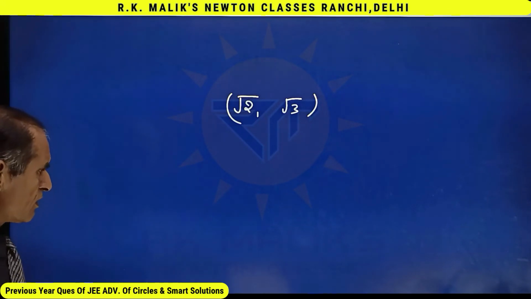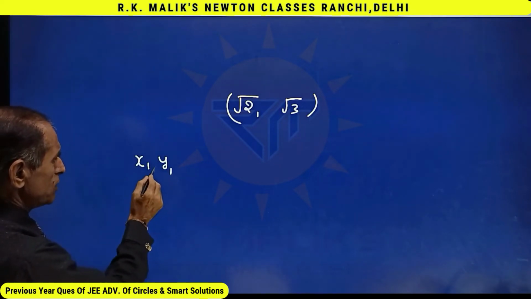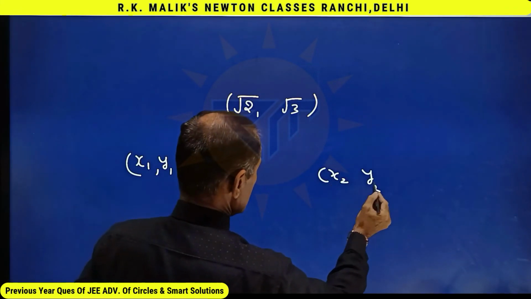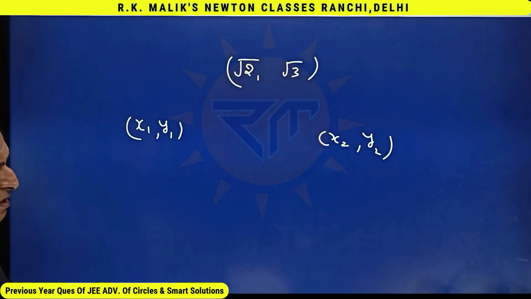See why. Suppose x1 y1 and x2 y2 are two rational points on the boundary of the circle with center root 2, root 3. If I reach a contradiction, it means two rational points are not possible. Some of you may think that even one rational point is possible or not. Obviously, one rational point is surely possible